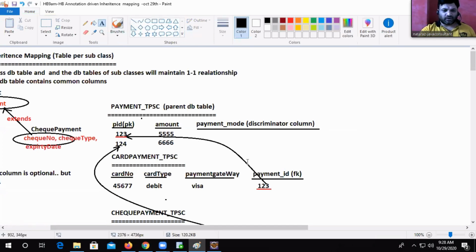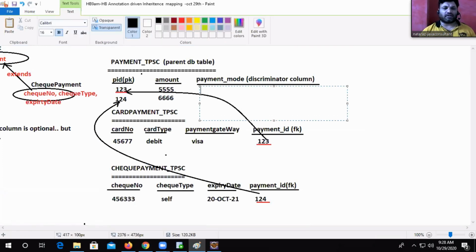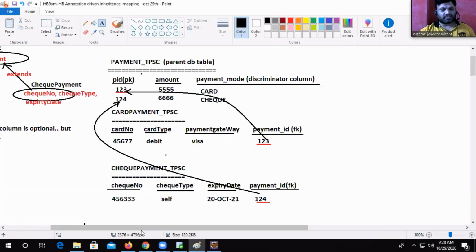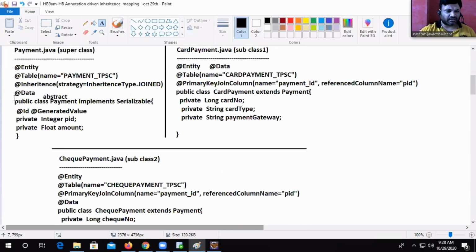I think 123 belongs to card payment, card. This will belong to check payment, check will come. That's not so important, but we should also write the same information here. How to write that same information here is